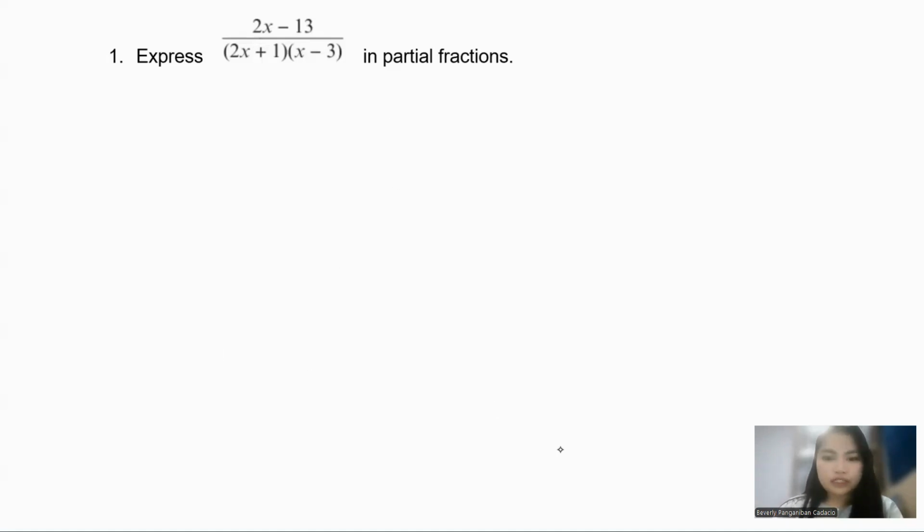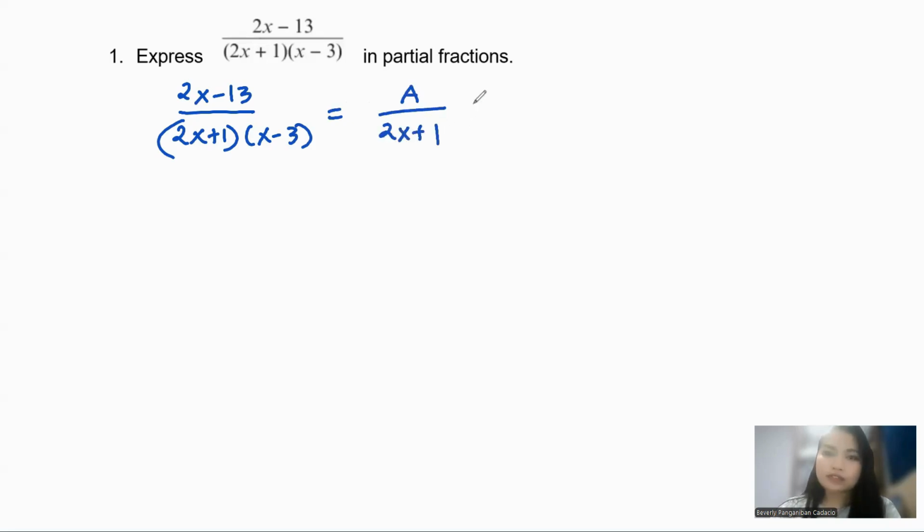You need to do whatever method is stated so you will not lose the method marks. Okay. Now, first thing that you will do is ask yourself, is it improper or is it repeated? So this is not improper. It's just a very ordinary fraction wherein you need to separate them. And even though the expression is not given, you know that if you have two simple binomials at the bottom, I just need two unknown numerators. I can start with the 2x plus 1 here, and the other one will be x minus 3. You always go plus here. You can just change it later if your b is negative.